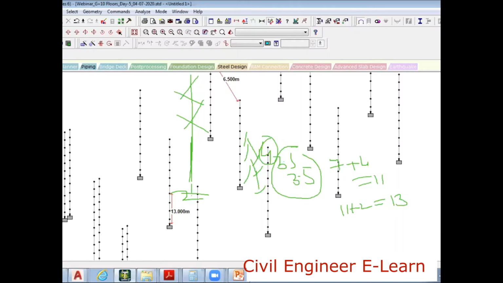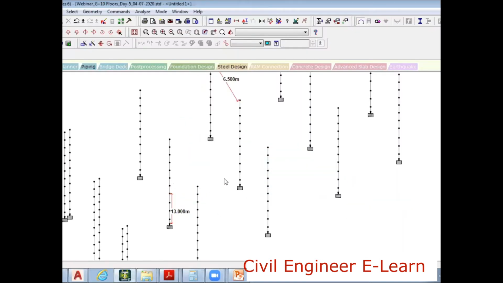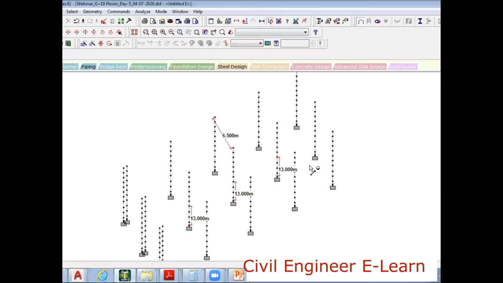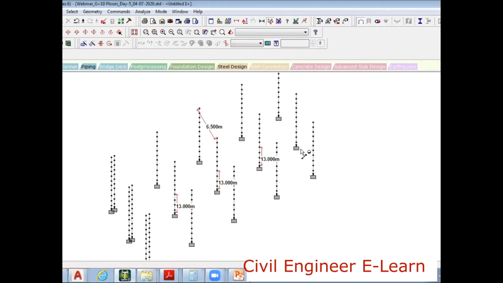Let's go to this. I can select up to this, or otherwise let me take this from here to here. It is 13. From here to here again it is 13.